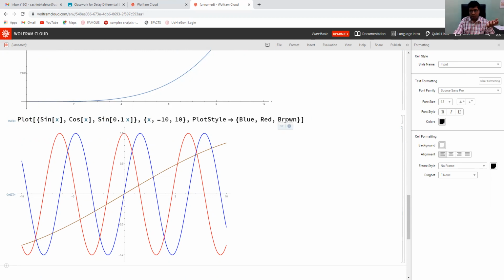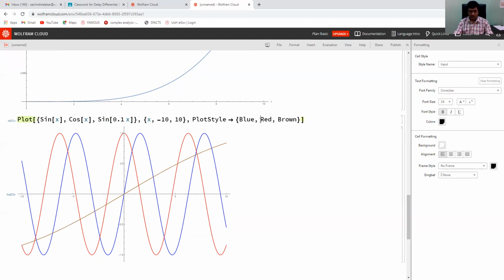If we are printing these things, then we may not be able to distinguish these colors if the print is black and white. So what to do in that case? We can use dashed, dotted, like plot styles.